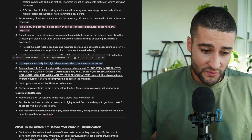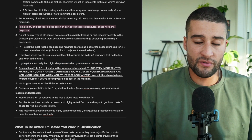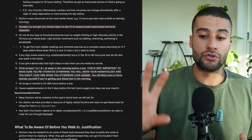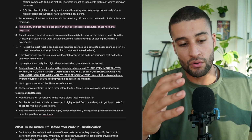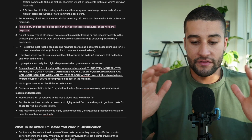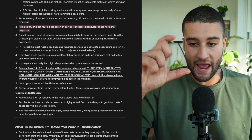This one's super important. Drink at least 1 to 1.5 liters of water in the morning before a test. For larger people and males, you can go towards 1.5. For females, you can go on the lower end. Why? Well, this is a whole different 10-minute conversation about hydration status, changing the actual